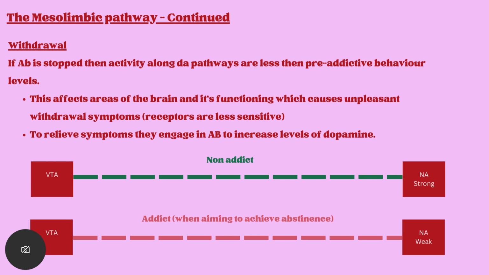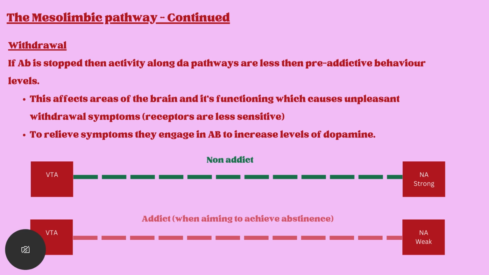And then we come to where an addict will recognize and realize that maybe they are addicted and they need help. So this is when they try and achieve abstinence. So this is when they stop engaging in their addictive behavior. And then it will often be that they have withdrawal symptoms. So activity along the dopamine pathways is less than pre-addictive behavior levels, because